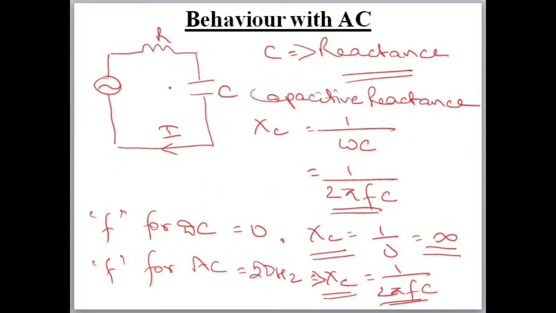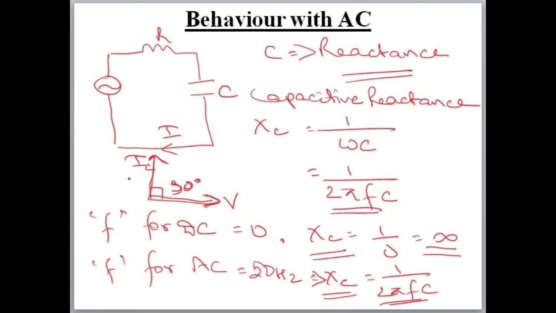But what will happen to the current? In AC there is a phase. You remember one term called phase. For resistance, the current and voltage will be in the same phase, but for capacitance, current and voltage will be 90 degrees out of phase. So what will be the resultant? If your supply voltage is here, IC will be 90 degrees leading to the supply voltage in case of AC.